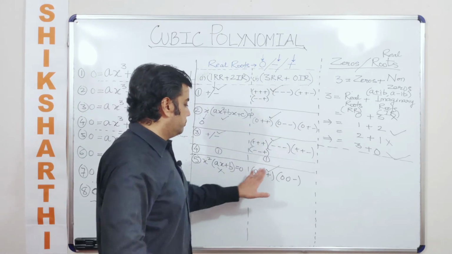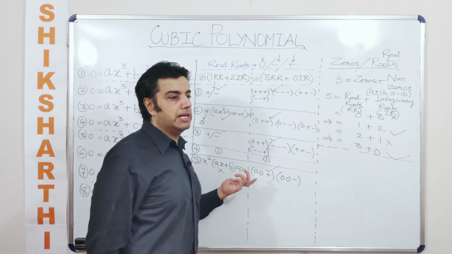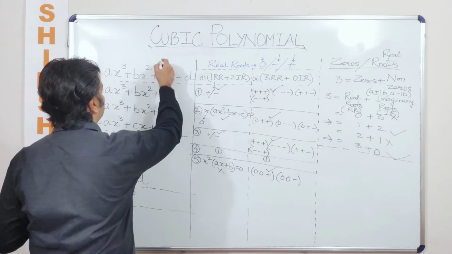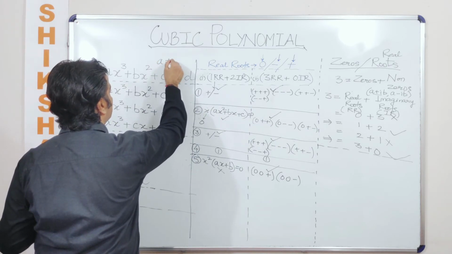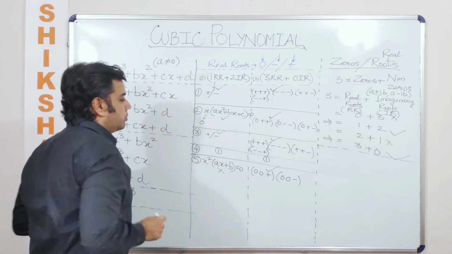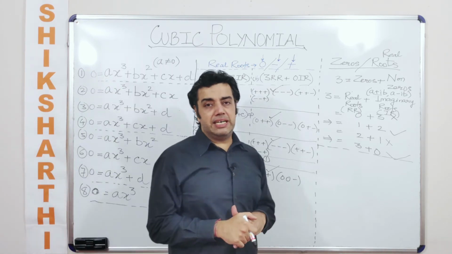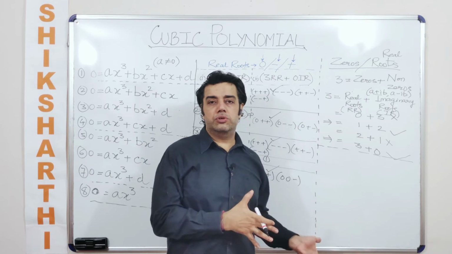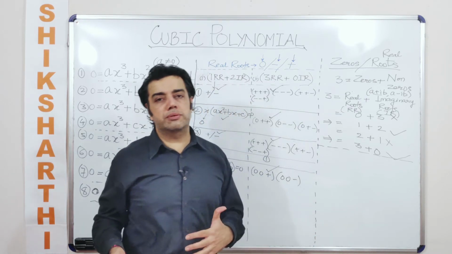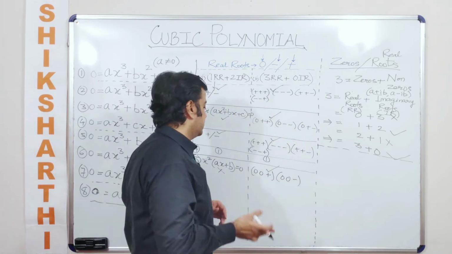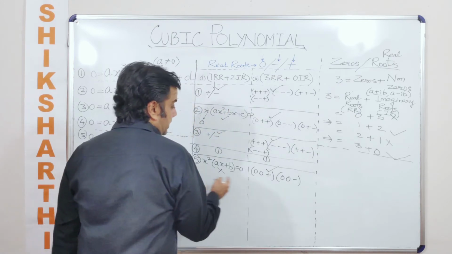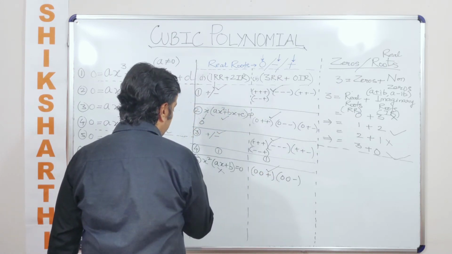So either the third root would be positive or negative, that is dependent on the values of a and b, and we know for sure that a can never be equal to 0. So a is a non-zero value and the remaining b, c, d are real numbers. They can take either a 0 value or they can take a non-zero value as well, whether it is positive or negative. Can I have any other case other than this? No.